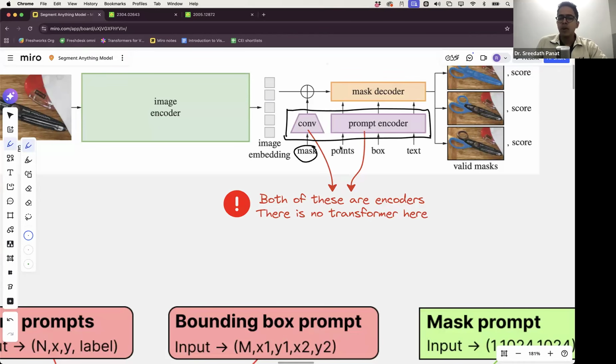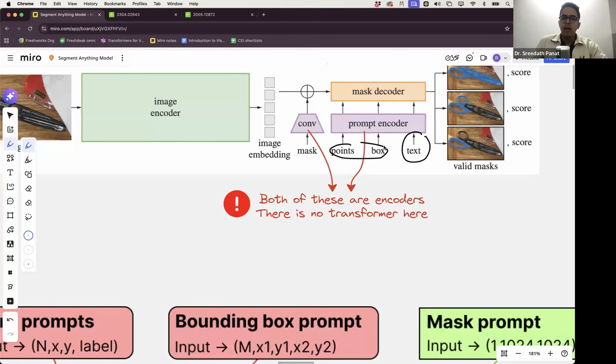So you can think of the prompt encoder as something with two different branches, where mask tokens, which are, as I said, dense prompts, are dealt with in a different way. Sparse prompts like points and boxes are dealt with in a different way. Text we will not be discussing, because as I mentioned, for using text, you will need a CLIP-based